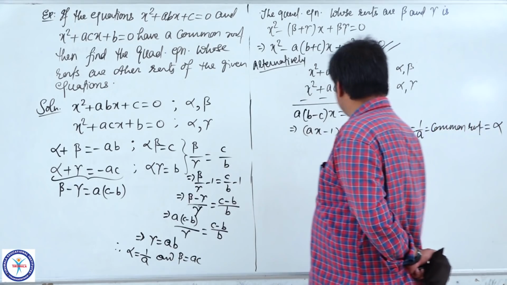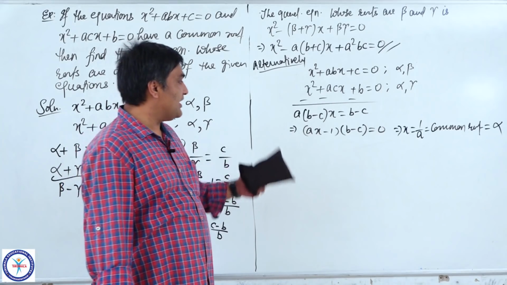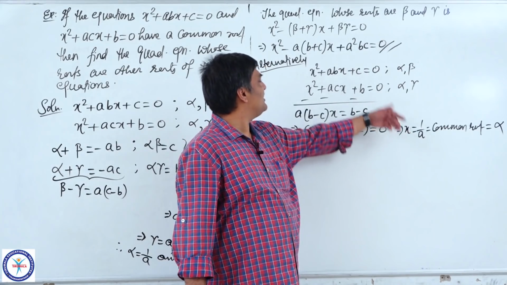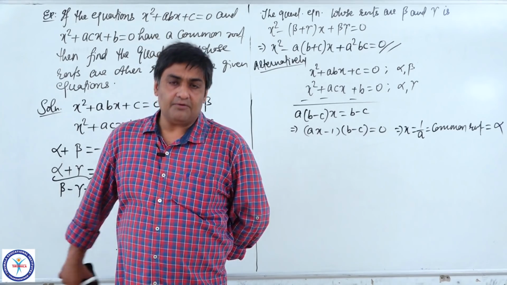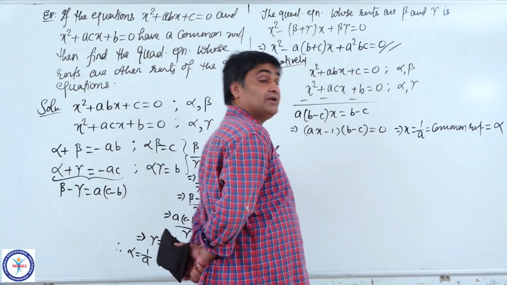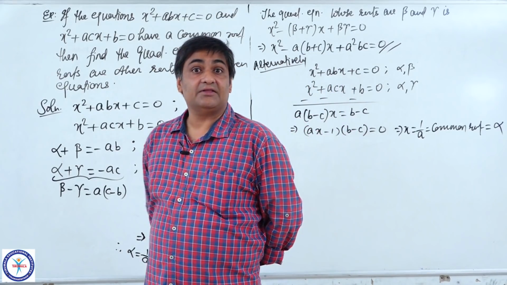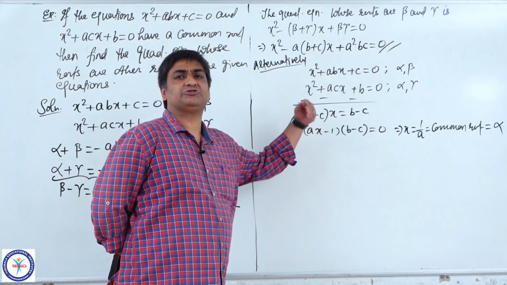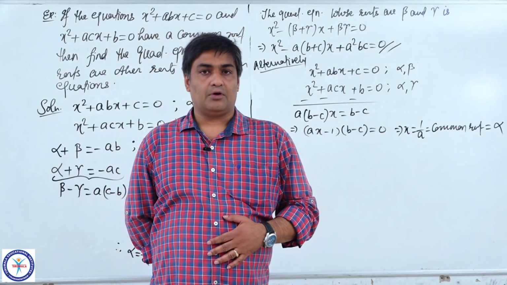We have represented it by alpha. So, in this way also, we can find the common root. And if we find the common root, then beta and gamma we can immediately find by product of roots. See, if two quadratic equations have a common root, then that common root we can also find by just solving those two quadratic equations. Okay?